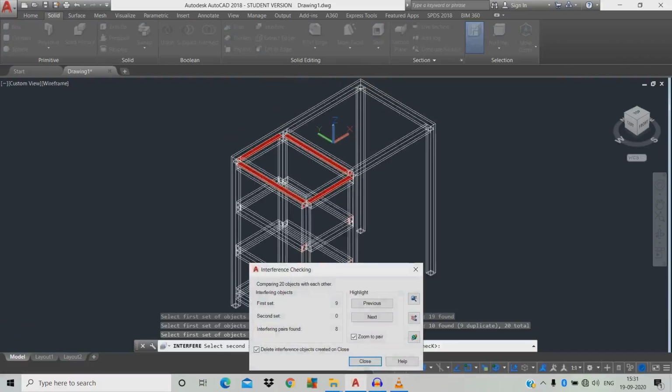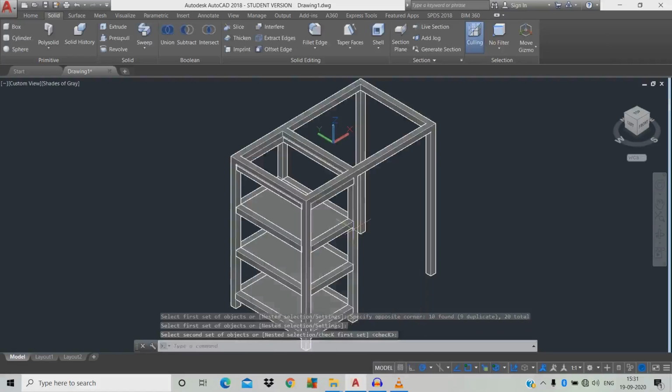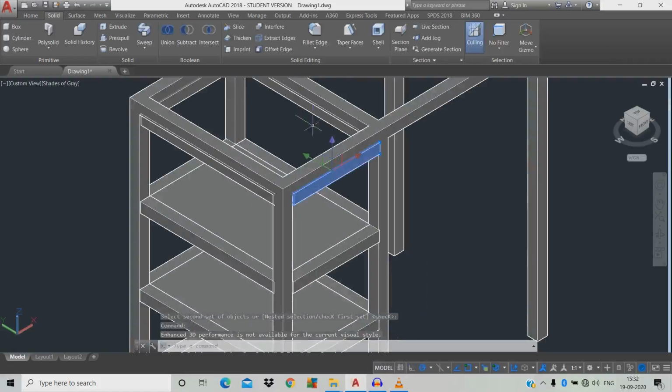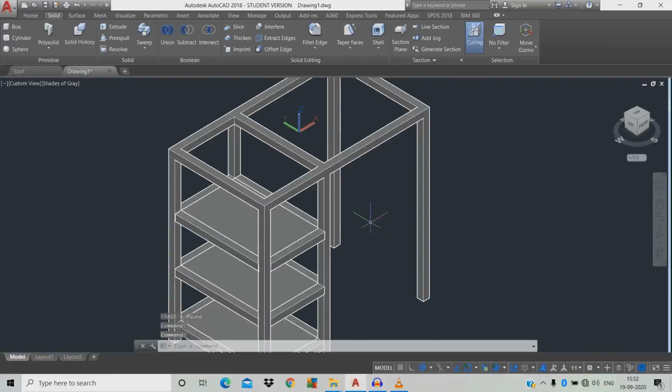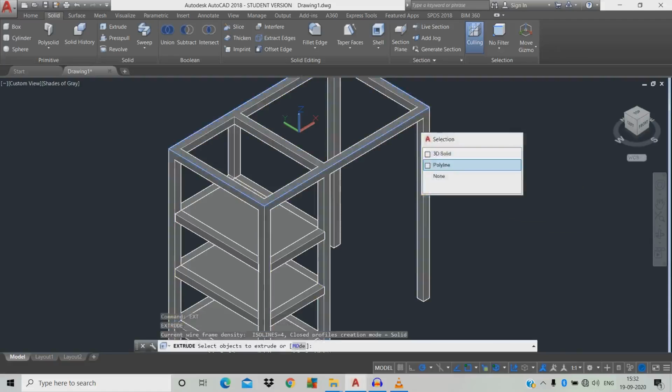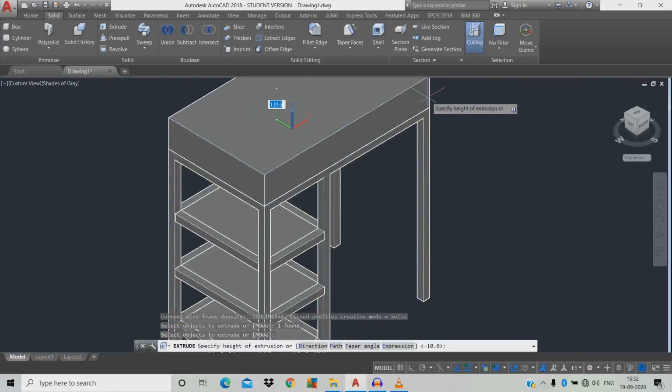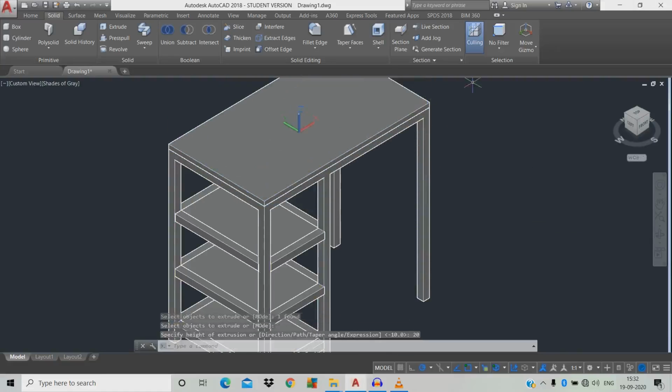In case you're modeling in 3D and you have made a mistake, we can check it here. Close it, just click the object and we're going to delete it. This is just a sample. In future drawings we will make some drawings. Now we're going to draw a rectangle, REC space, just click the end over here, just click over here. EXT extrusion space, click the object, polyline space, move upward to 20 mm. Okay, let's go to the home screen.